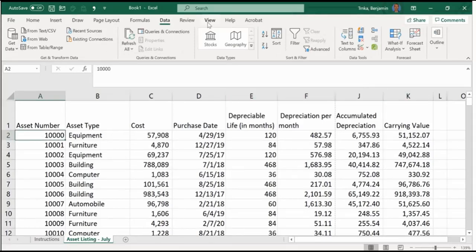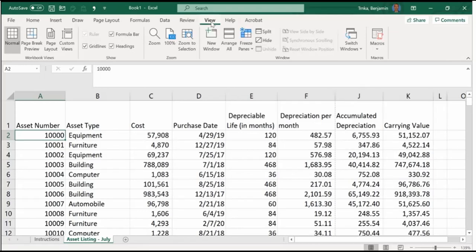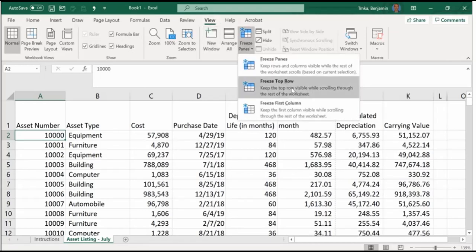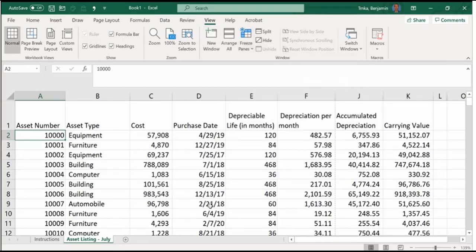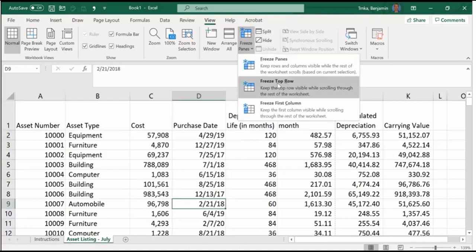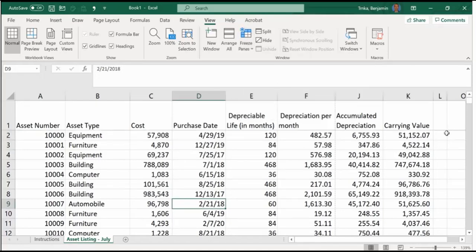And then under, oh, sorry, not the data tab, in the view tab, I'm getting ahead of myself here, you see Freeze Panes, and it says Freeze Top Row. It actually doesn't matter what you click on. Even if you click down here, you can do Freeze Panes, Freeze Top Row. And now, I don't know if you noticed, but there's a slightly darker line under row 1. And then you scroll down.